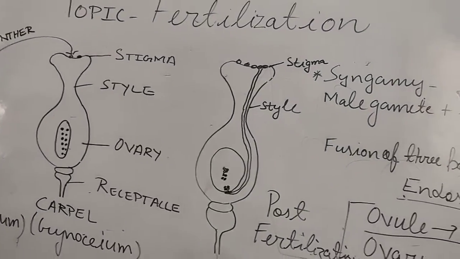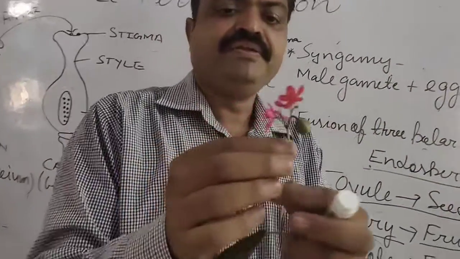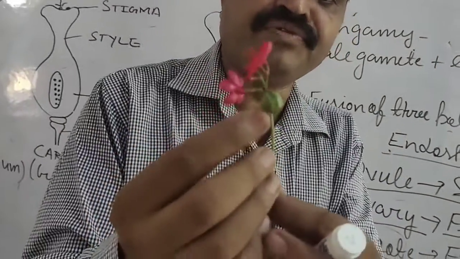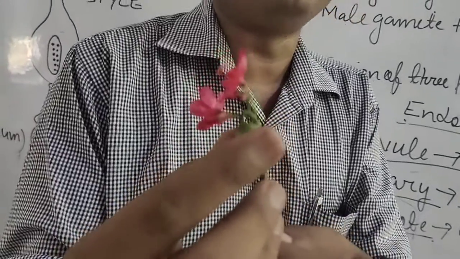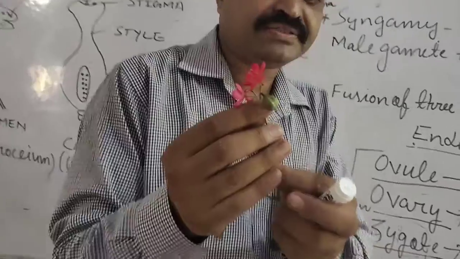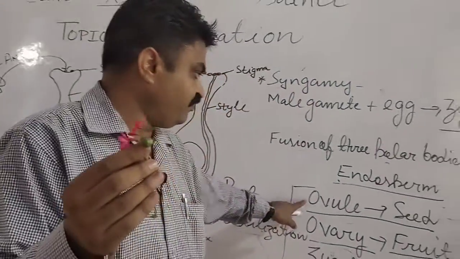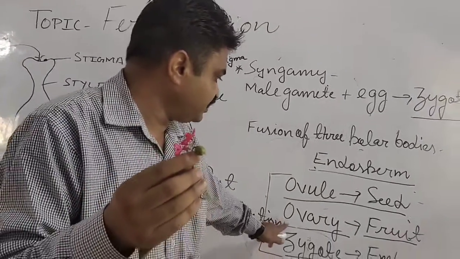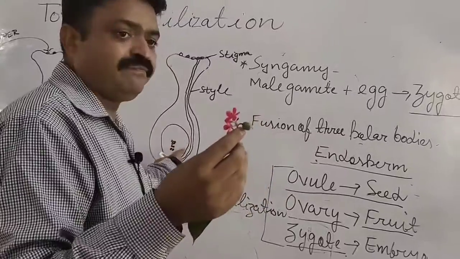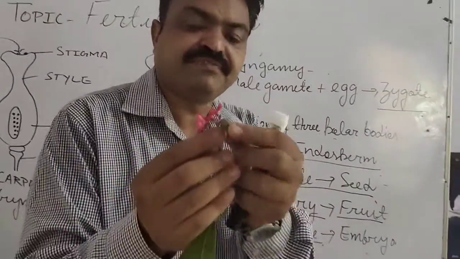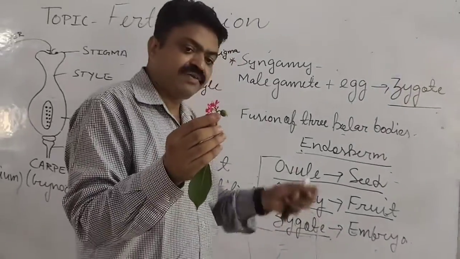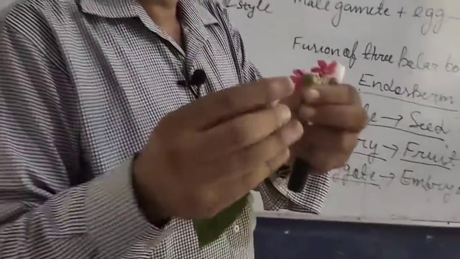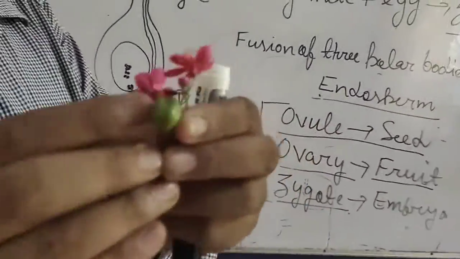Now this is the flower of the Jatropha plant. You can see many flowers, and with the flowers there is one fruit also. This is the fruit, and that fruit contains all these three parts. The ovule is found in this, and that ovule develops into seed. The ovary is also found, and this complete ovary develops into fruit. This is the fruit. And the zygote that is found inside it in the form of seed develops into embryo, student, embryo. So that is about the fruit.